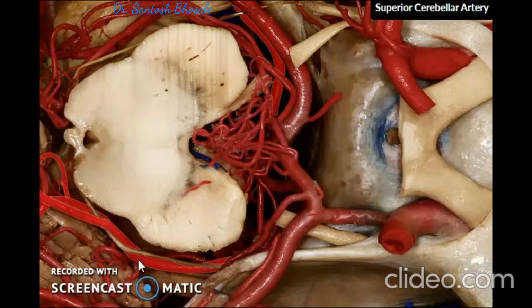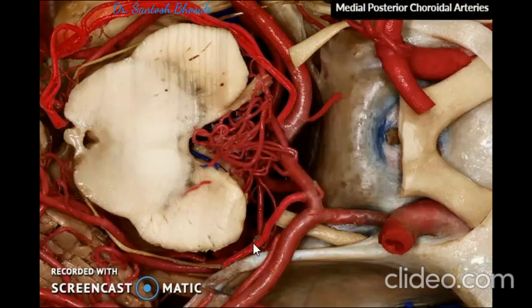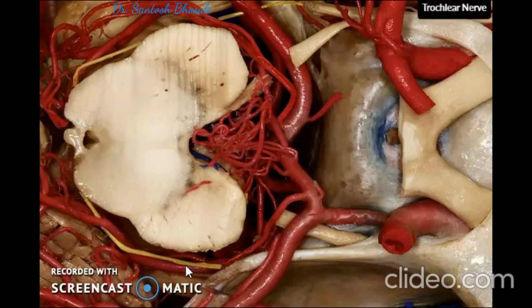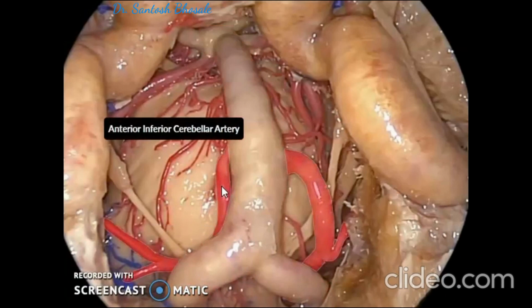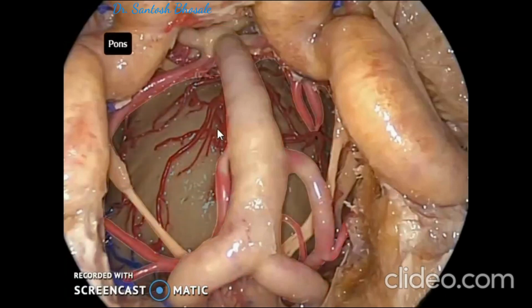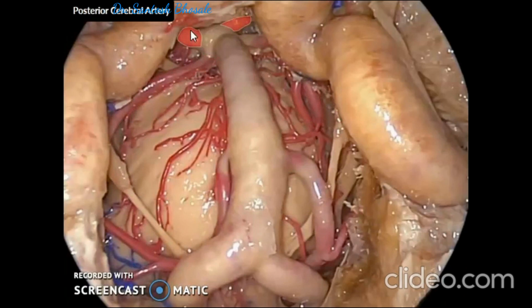So, vertebral artery supplies most of the medulla, basilar artery supplies most of the pons, posterior cerebral artery supplies most of the midbrain, even though there will be some overlapping in the distribution amongst the different parts of brainstem. And this is the endoscopic view. You can see the vertebral arteries, both sides they join to form the basilar artery in the basilar sulcus. You can see pontine branches supplying the pons, and that is superior cerebellar artery, and it again divides into two posterior cerebral arteries.